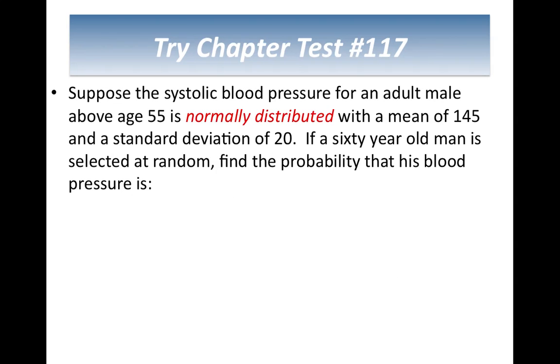Suppose the systolic blood pressure for an adult male above age 55 is normally distributed. So I see the words normally distributed, and I know I've got the normal bell curve, with a mean of 145 and a standard deviation of 20. When provided with problems involving the bell curve, you also must be provided with the mean and standard deviation. If a 60-year-old man is selected at random, find the probability that his blood pressure is between 140 and 160,